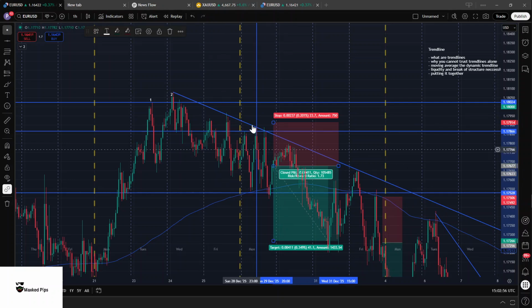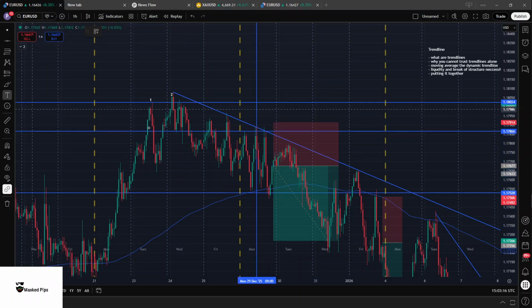Once market goes back into your trend line, you first of all wait and check that liquidity has been swept. Your liquidity zone can be a supply zone, a demand zone, or a place of equal highs or relative highs, or equal lows and relative lows. After liquidity is being swept,